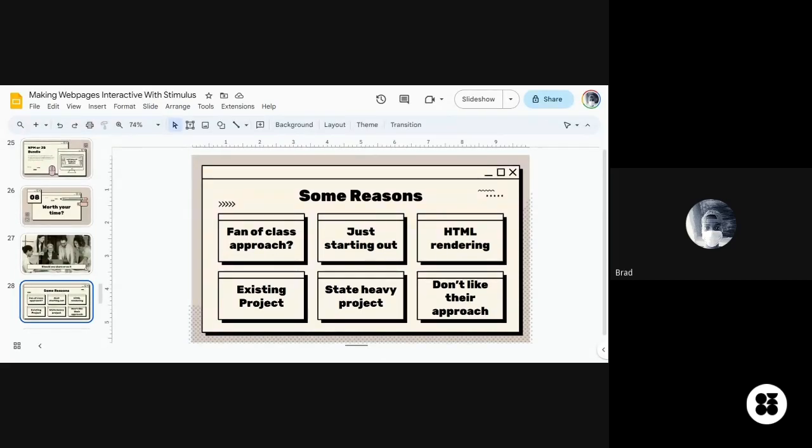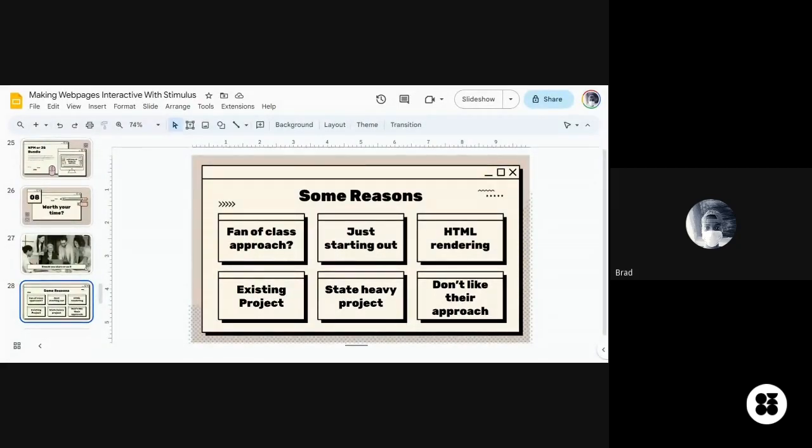Another thing here: if you care a lot about how your HTML is rendered, if you have a phobia about how your HTML is rendered, don't come to Stimulus. Stay where you are. If you're paying attention, I said Stimulus does not concern itself with how your HTML is rendered. If you are someone who overthinks how your HTML is rendered, or you want to render HTML in a performant way and the likes, you want to get 100 over 100 on the Lighthouse test and everything.